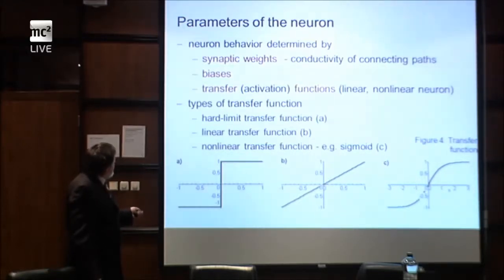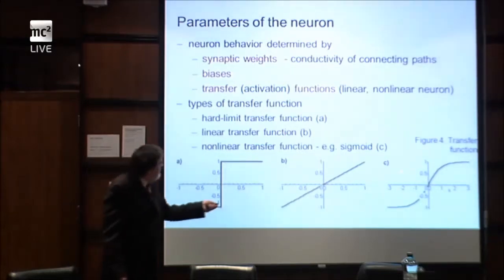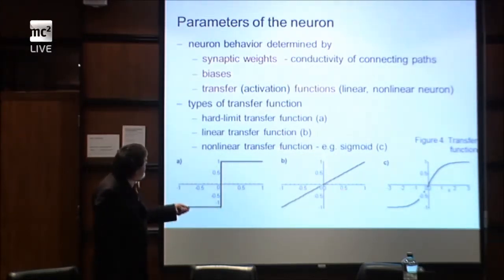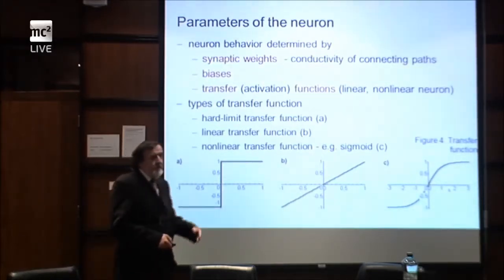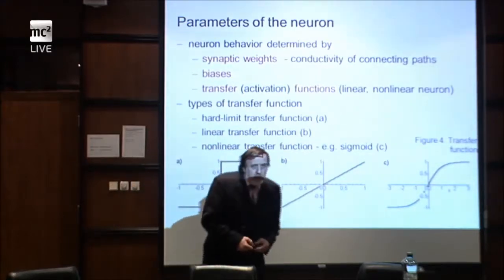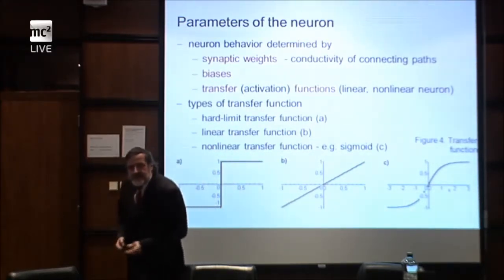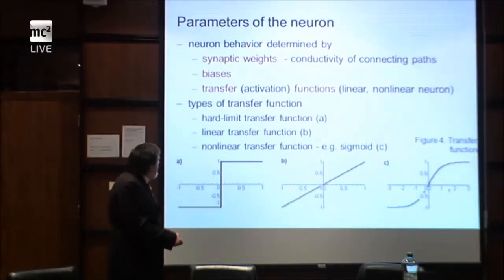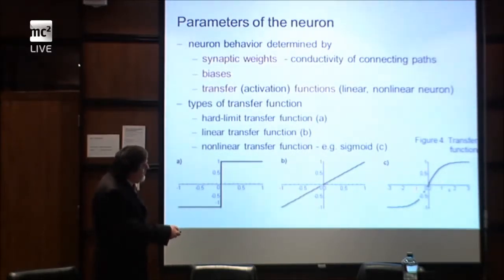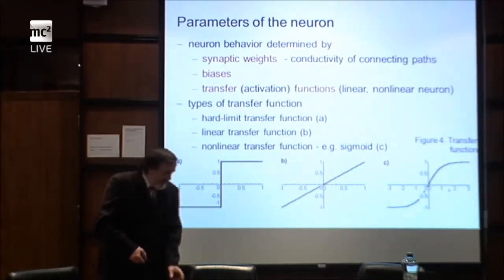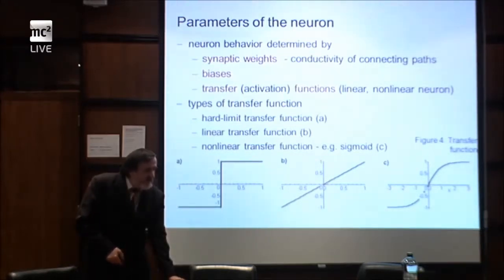Linear, nonlinear, etc. In this picture, you can see the hard limit transfer function, which is just hard limit, the linear transfer function, and finally in picture C, there is a nonlinear transfer function, for example, some sigmoid. Of course, if we model nonlinear behavior, in engineering mechanics for example, what type of transfer function is the best? Of course, also a nonlinear transfer function, because nonlinearity is always captured better by a nonlinear function.